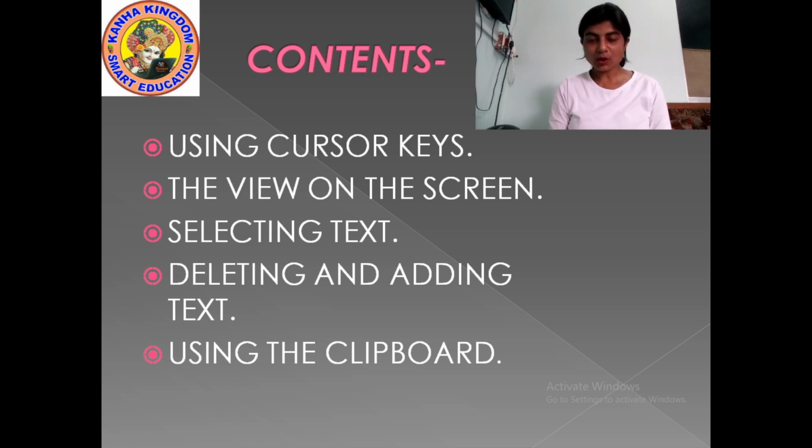Then we will learn how to select the text, how to delete and add text in a document that you have created, and how to use the clipboard along with some shortcut keys. So this will be the content of this part 2. Let us start.